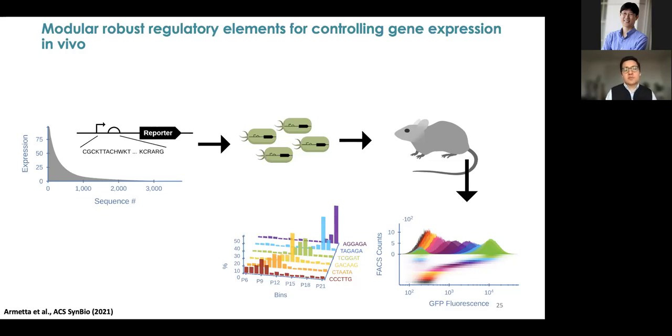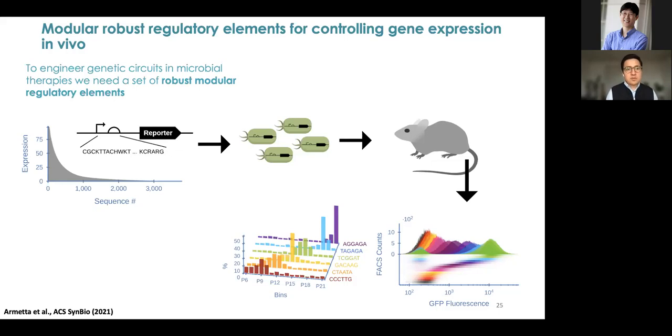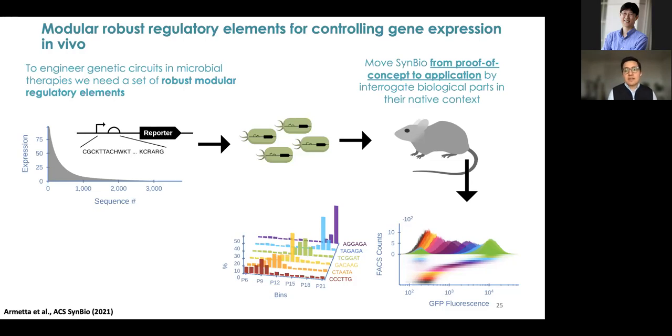However, most of the constitutive promoters that were available in the literature were mainly characterized in lab conditions. So what we wanted to do is to engineer genetic circuits in microbial therapies, but using more robust modular regulatory elements. So for that, we created a library of sigma 70 promoters, and we characterized that in